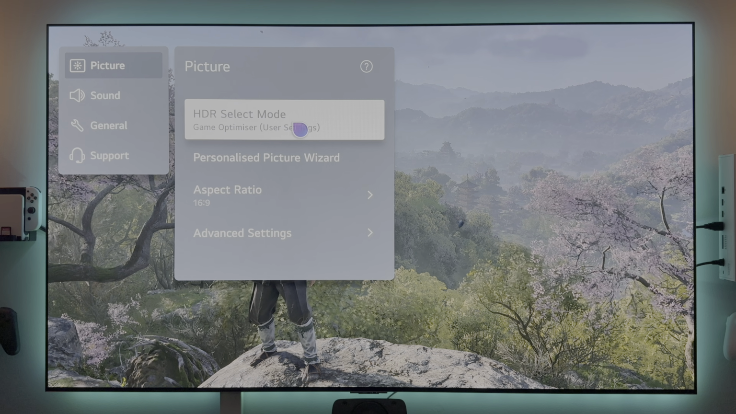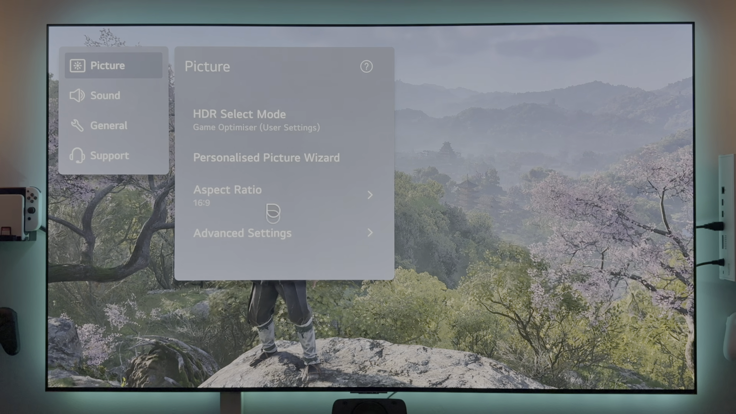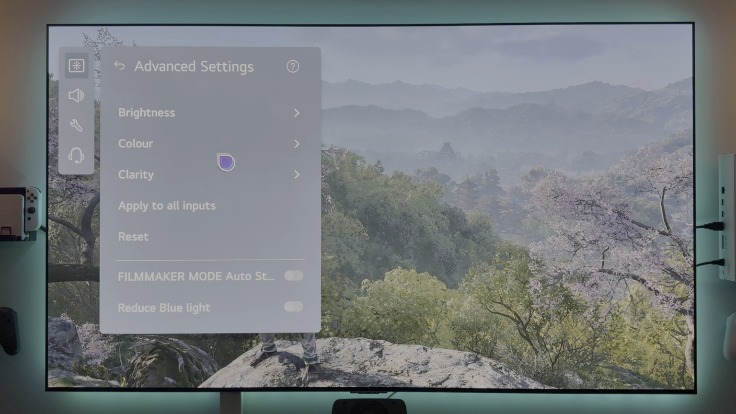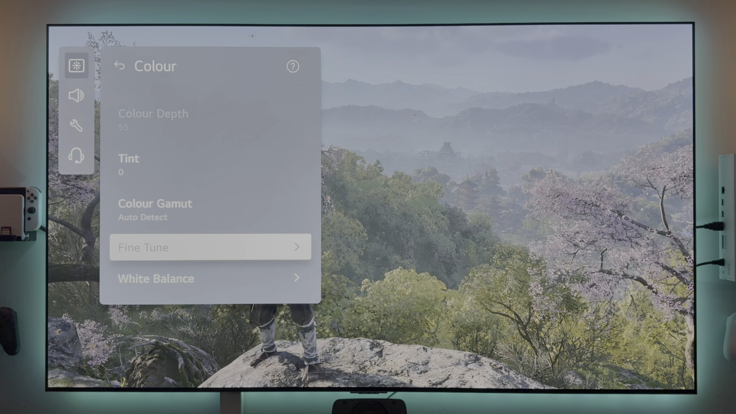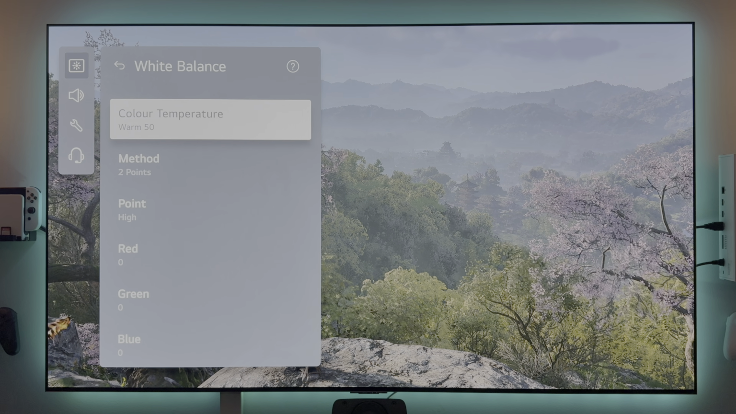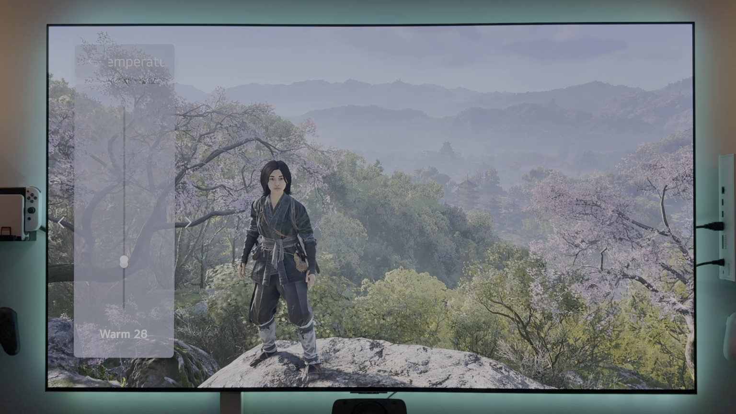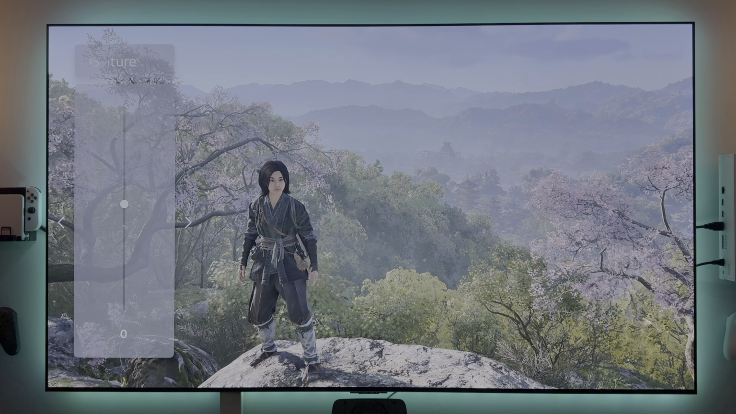play all my games. For all my games and also for PC usage, I'm using the game optimizer mode. The only recommendation I have in this mode is to change the white balance from 0, which is the standard factory setting, to warm 50, because then you get a much warmer picture and it is also much closer